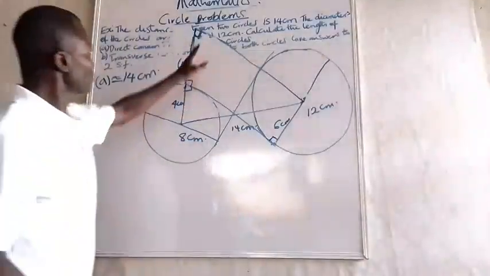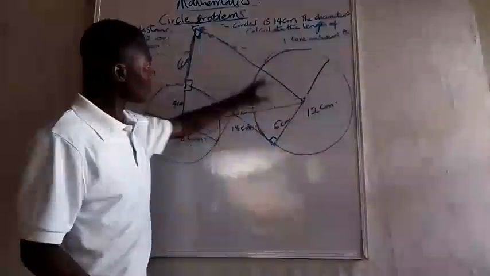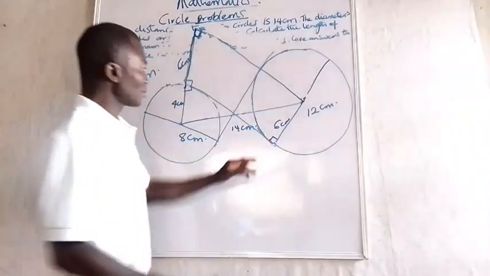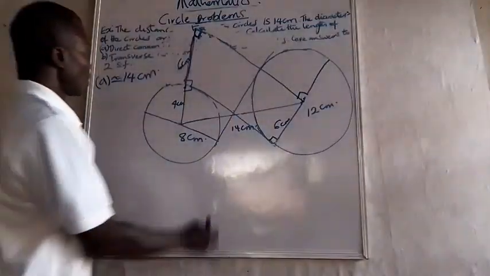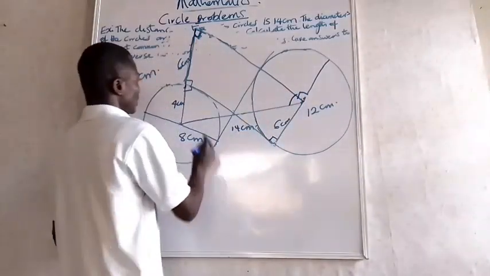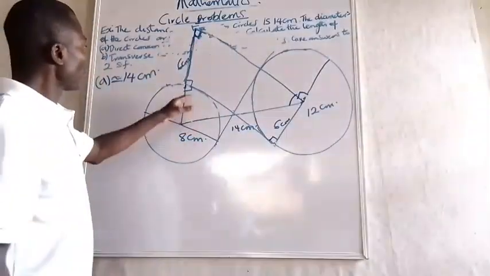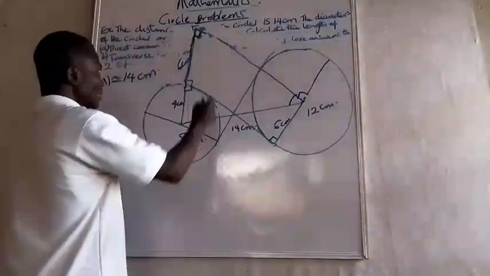You can see, I drew a parallel line to this one from here. So this one is perpendicular here. This one too will be perpendicular here. For this angle here is smaller than 90. This one too is smaller than 90. So this one here is the 90 degrees. So for me to find this length, I just need to find this one. And I can do that by saying